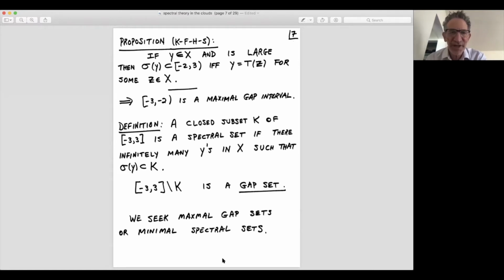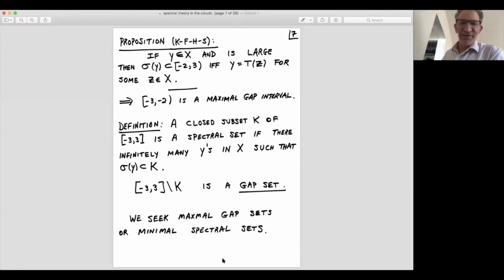So the only way you can create the gap at the bottom is if you take the line graph through that construction I gave. So not only does this tell you that -3, -2 is a maximal gap interval, because -2 will always be an eigenvalue of T of something, it tells you the analog of Alon-Boppana at the top. Alon-Boppana at the top defined the Ramanujan graph. This defines what I'll call the Hoffman graph, and the Hoffman graphs are all T of something through the construction I gave before. So the biggest gap you can have at the top we know, and the biggest gap you can have at the bottom is this interval -3, -2.